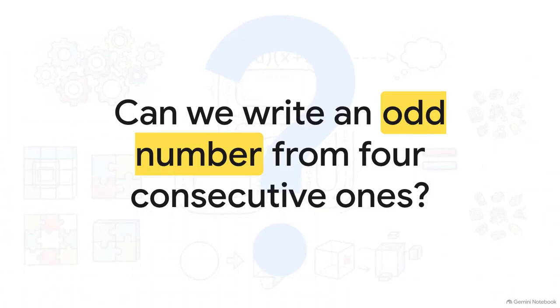Let's kick things off with this really cool number play experiment from our source material, set up by a student named Anshu. The challenge? Take 4 consecutive numbers, think 3, 4, 5, and 6, and just randomly toss a plus or a minus sign between them. You can try this yourself with literally any 4 consecutive numbers. The burning question here is, can you arrange those pluses and minuses in a way that actually results in an